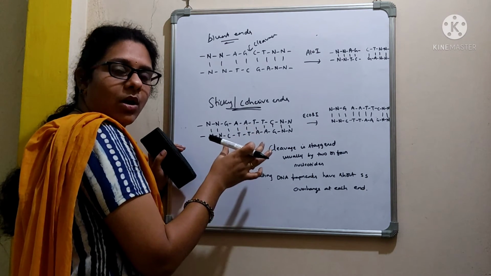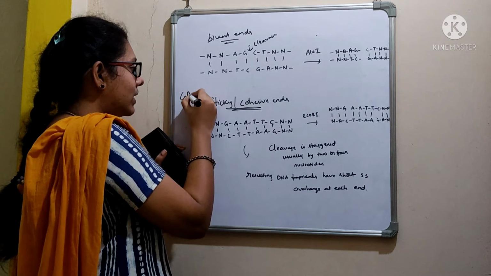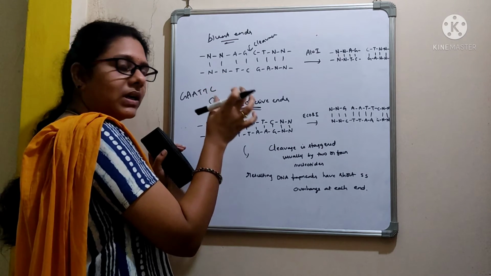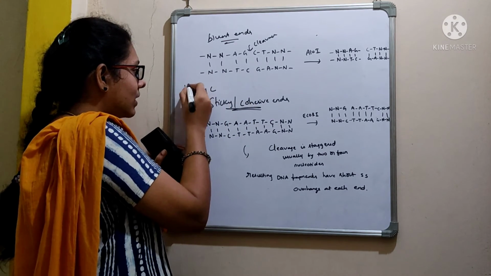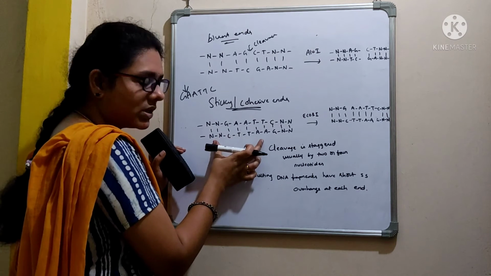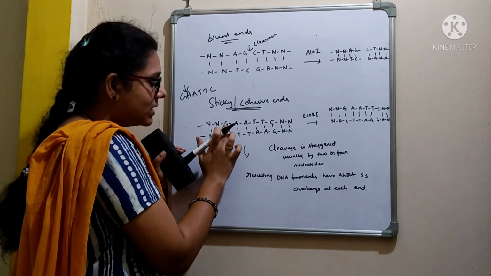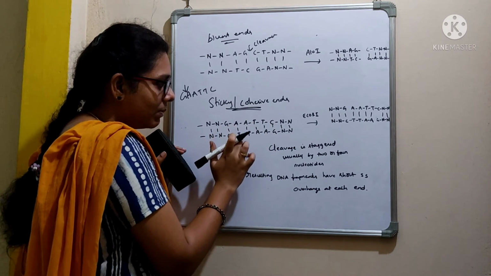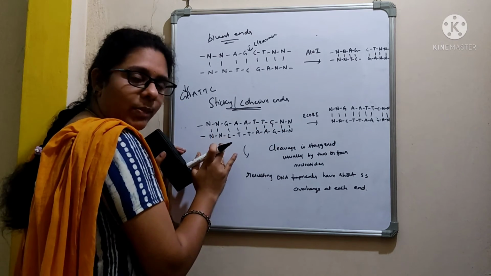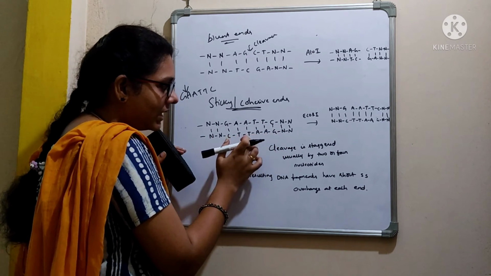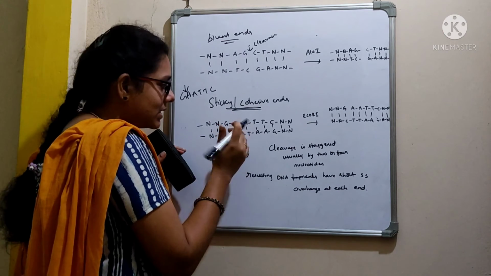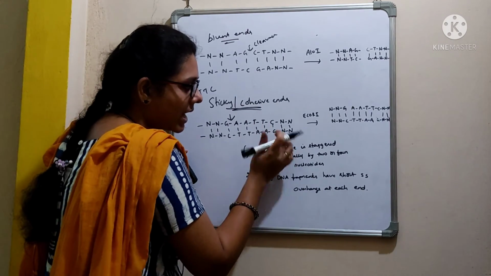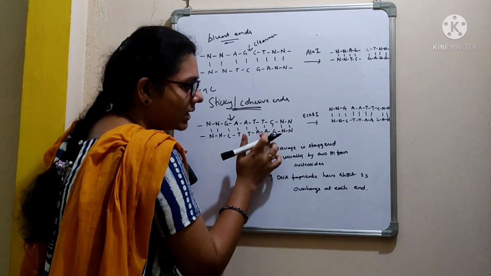When we use an enzyme called EcoRI, as I told you, it has a recognition sequence of GAATTC and it is specifically going to cut in between this guanine and adenine, right? See, observe the picture here. This is the double stranded DNA with a sequence of GAATTC. Guanine pairs with cytosine, adenine pairs with thymine. When you read it in the opposite direction, it gives GAATTC. Now when we apply this enzyme, it is going to cut in between this G and A, as well as in the other strand, in between this guanine and adenine.